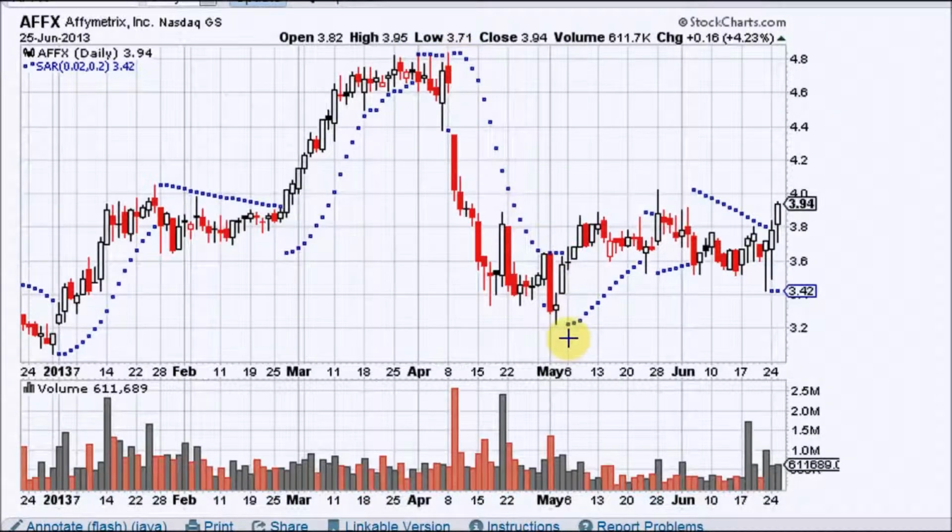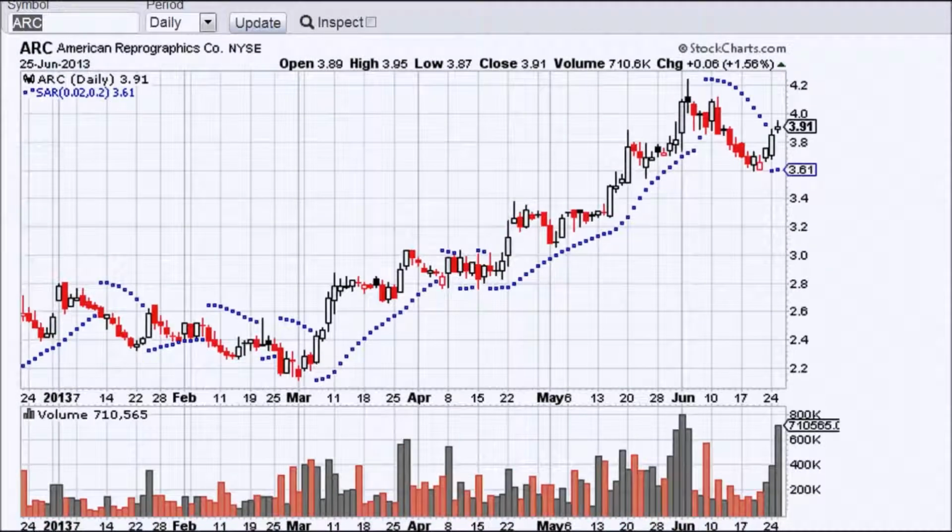Okay? Then people are saying, okay, that's enough. It's oversold. Here's the SAR flip again. Let's get in. Here's another good example of a SAR that works really well on a chart. This section right in here at the beginning, first couple of months, was very choppy. There was no real trend other than lower. So quite possibly it became very oversold. But here, you're finally trying. You could have had 2 or 3 tries. It didn't work well. Okay, but you're a believer in this indicator, so you always buy the second SAR signal,